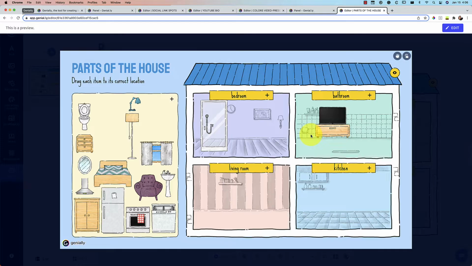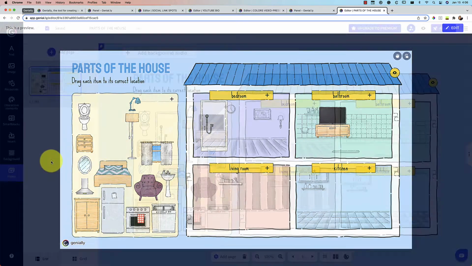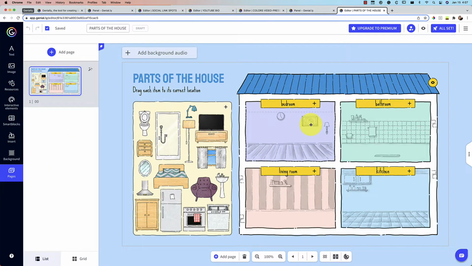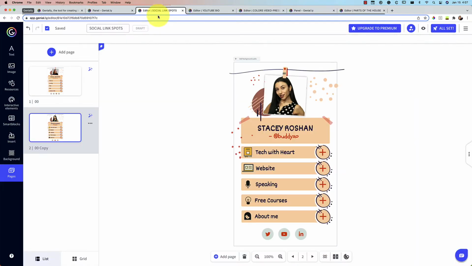So maybe you're a world languages teacher and you want students to categorize things and then talk about it in the language they're learning about. So we're going to talk about each of those types of things that's available. There's even a drawing mode. I'm going to have to show you that because you know I love drawing on everything. But let's get started in this editor and I'm going to show you how I made this one.